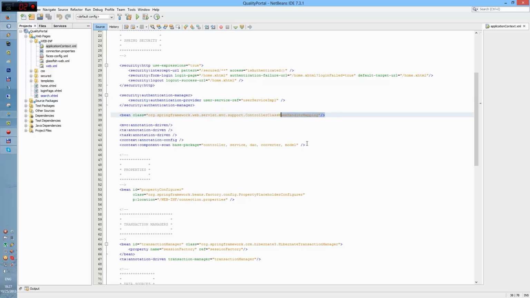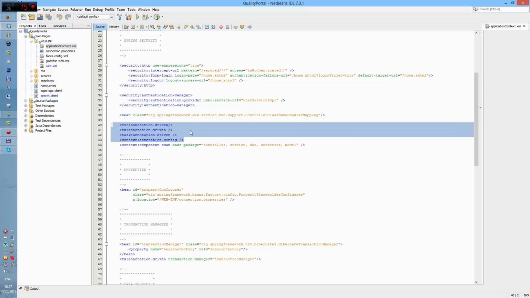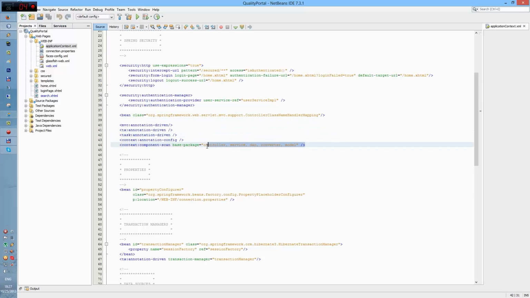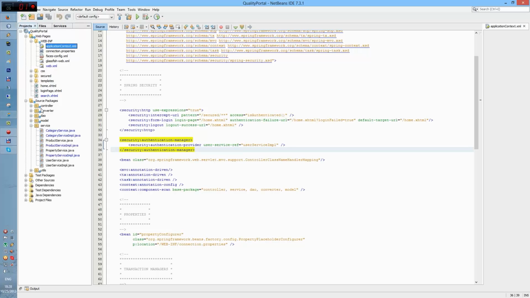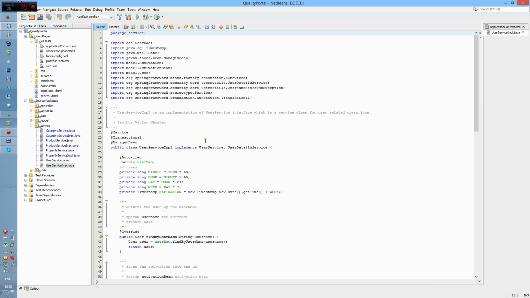Now this isn't really Spring Security. All this does is say that you're going to be using annotations and you're going to be using them in these classes or packages. So that's it. Alright, now I'm going to go to the user service class. I'm using the model view controller design, and this is how I name interfaces. This is how I name implementations. So the most important part regarding Spring Security is